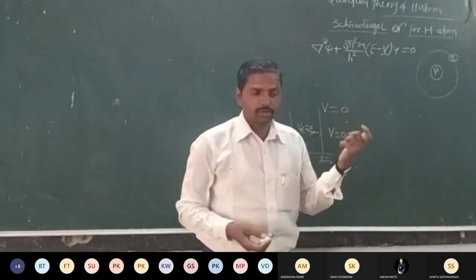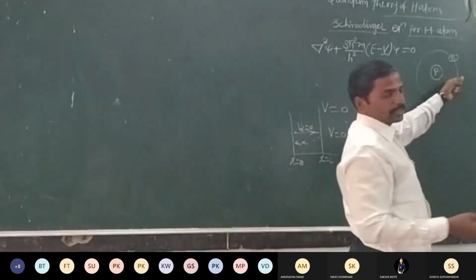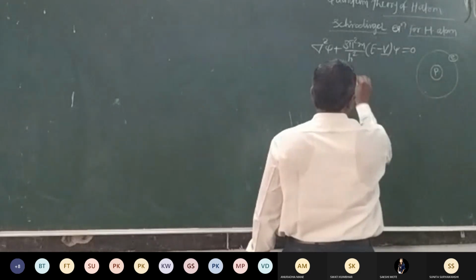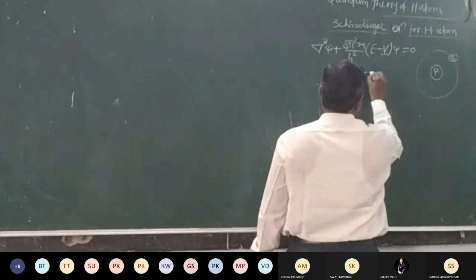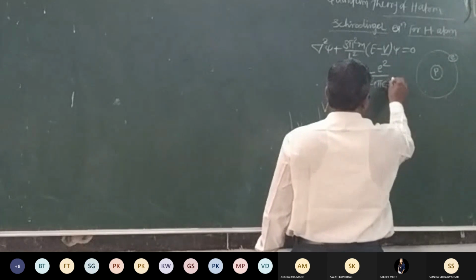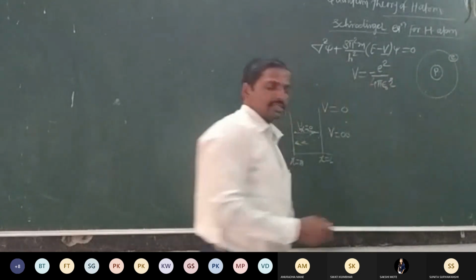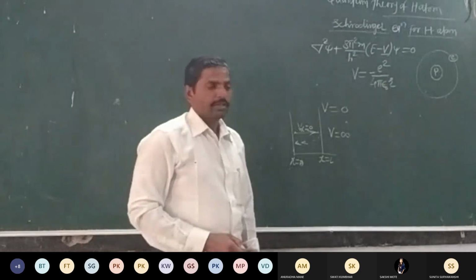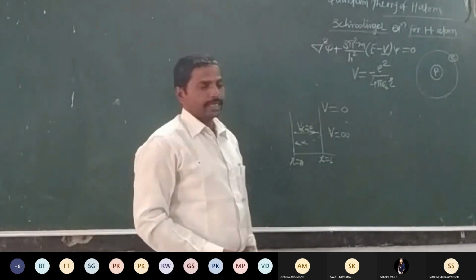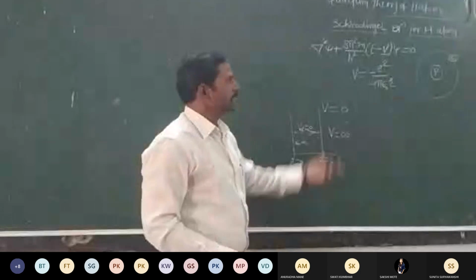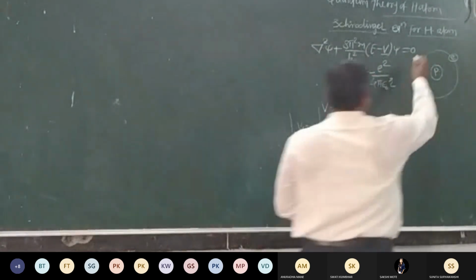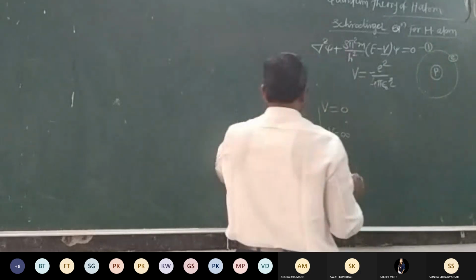So we have to consider that its potential energy is 0, but here we can't consider the potential energy to be 0, and its potential energy is V equal to minus e square upon 4 pi epsilon 0 into r. This is the potential energy of that particle, the electron. And if we put this value of the potential energy in equation 1, let this be equation 1, so we get